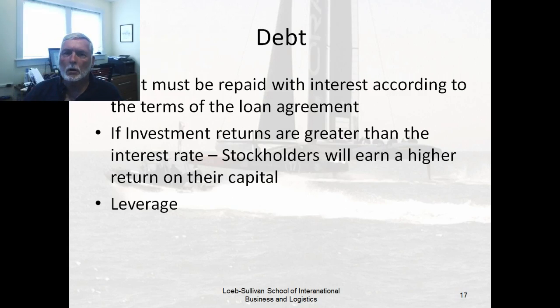So when we borrow, it's different. When we borrow money, we have to repay it. And we have to repay it with interest. And we have to repay it within the terms of whatever loan agreement we have. So this is a different kind of capital. This is capital that we have to repay, whereas equity capital, we don't have to repay. So this is not permanent or patient capital. Some long-term debt certainly is more permanent than short-term debt, but it all has to be paid back. And I think you saw some examples of that in the companies that you analyzed.